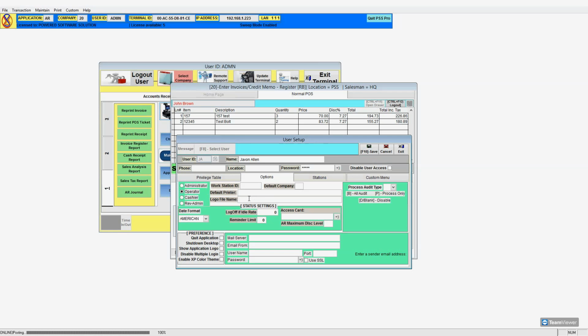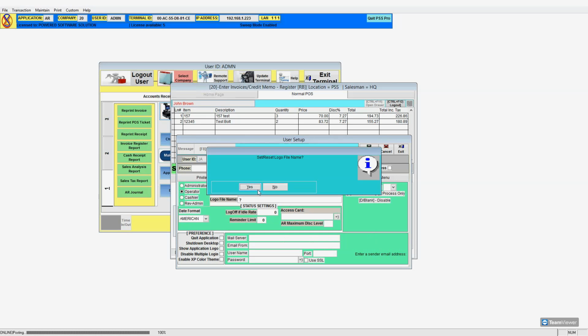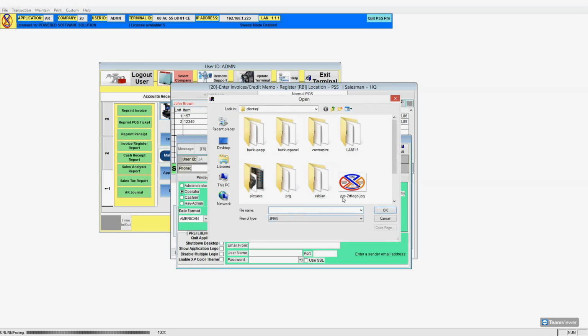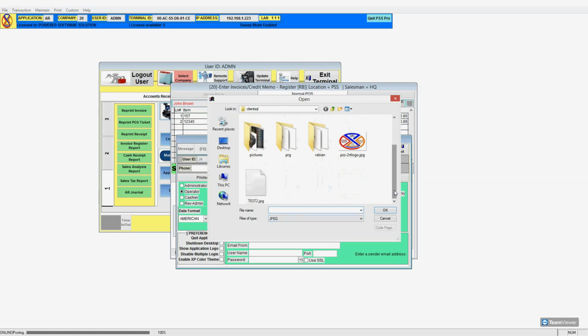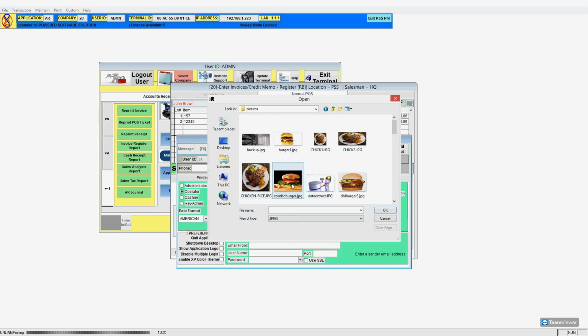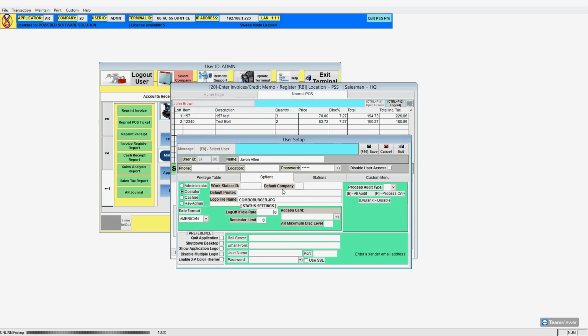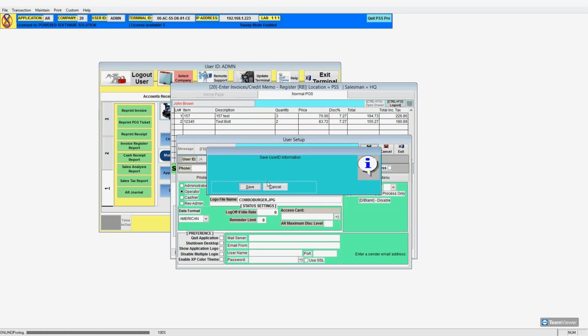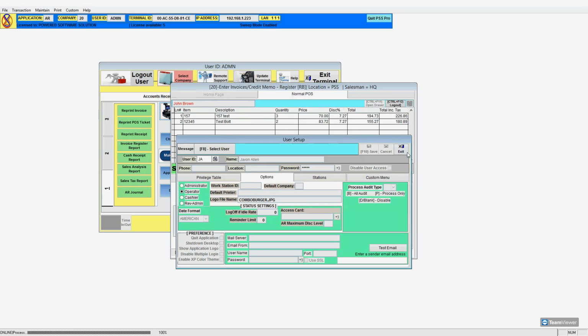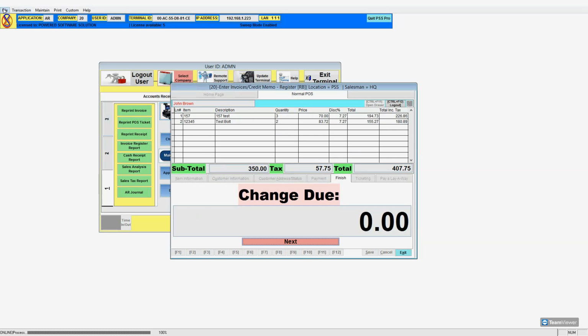So say for instance, you notice the logo box screen is white, right? I can put a logo that represents the business there. So for instance, I want to set a logo on it, so let's go into pictures, and I want to put a burger logo on it. And click save. And if I exit,